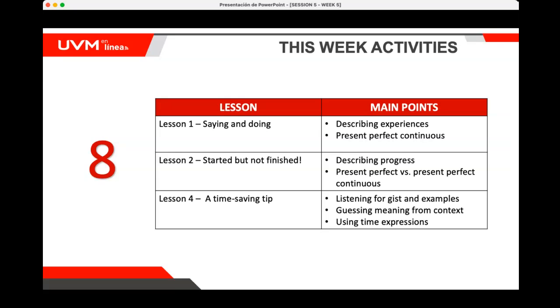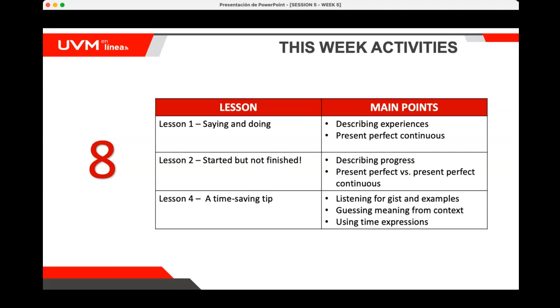And then in lesson 4, you reviewed some strategies for listening and some strategies for writing. In the first point, the listening point, you worked on gist and examples: how to locate the gist of a listening and how to locate the examples in a listening. This is a very important strategy if you want to take an academic exam